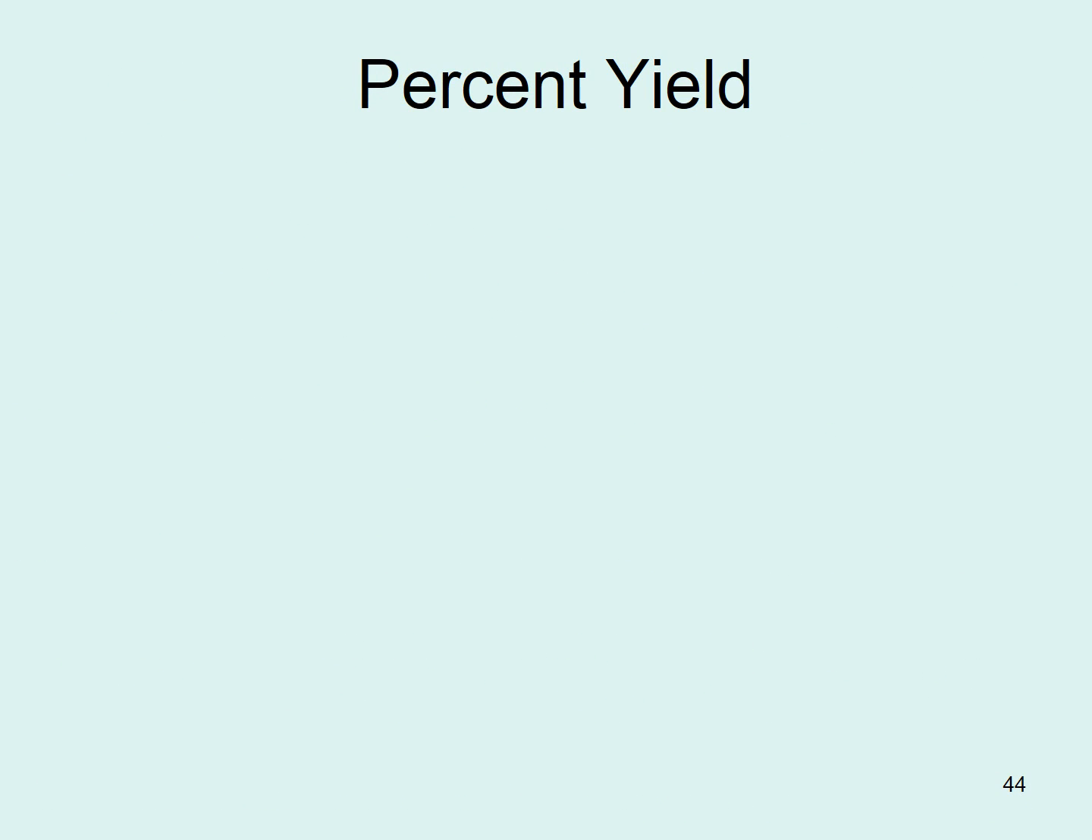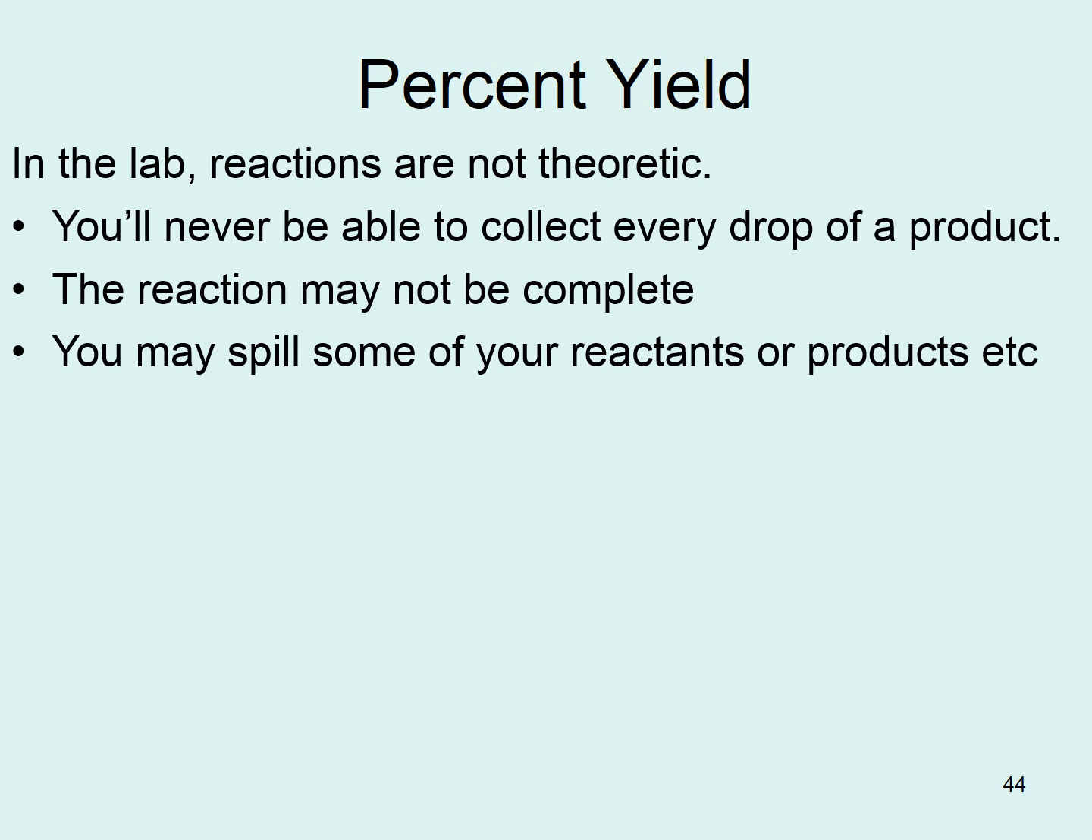All right, a couple more topics. Percent yield. So here's the thing. When you're in the lab, reactions are not theoretical. You spill things. You don't have proper conditions. Not everything reacts the way it should, so the reaction may not be complete. You never can collect as much as you think you can. You can't scrape every drop. And so usually we're not going to get as much as we